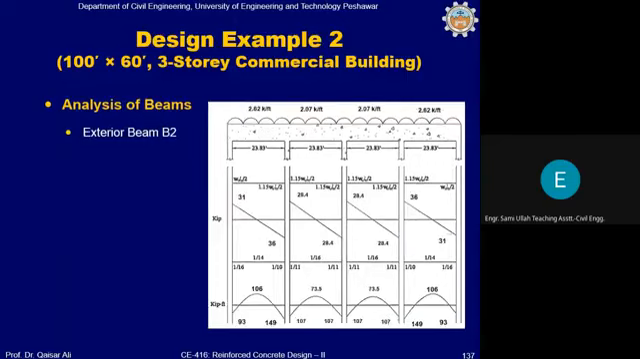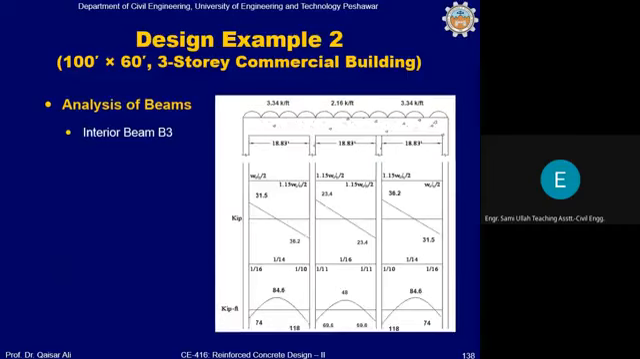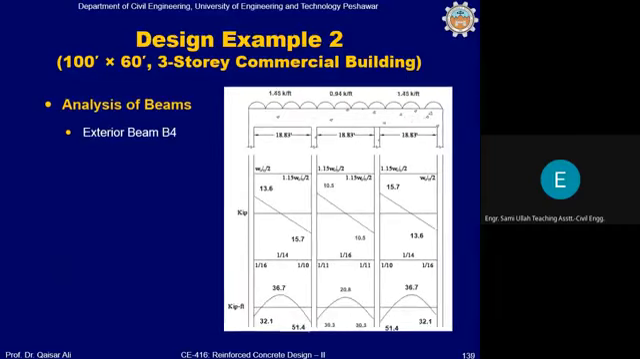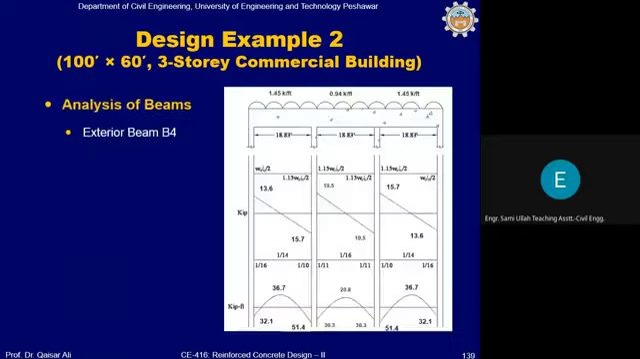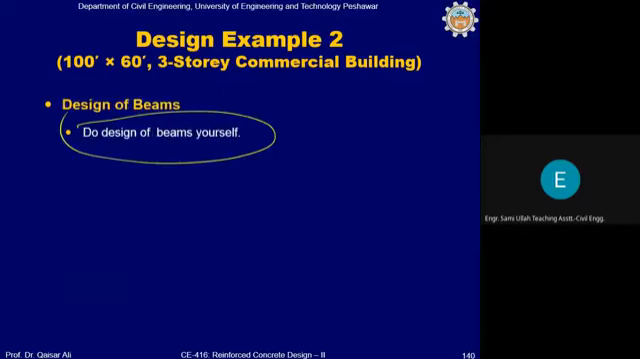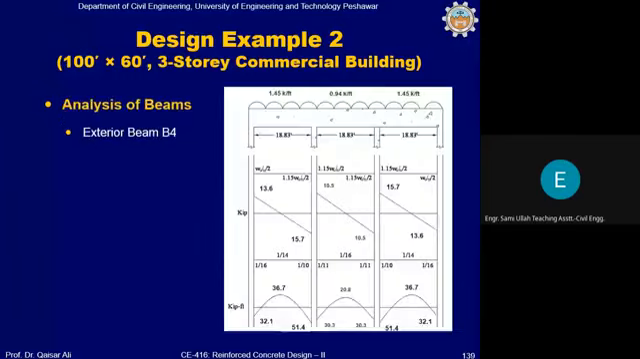This is B2, exterior beam B2, interior beam B3, exterior beam B4, and finally, because moment and shear values are given to you, तो आप क्या करें, do design of beams yourself। तो ये आप खुद डिजाइन करें, शेयर के लिए भी और फ्लेक्जन के लिए भी। अब आप कर सकते हैं ना? जी सर, इंशाल्लाह हो जाएगा।